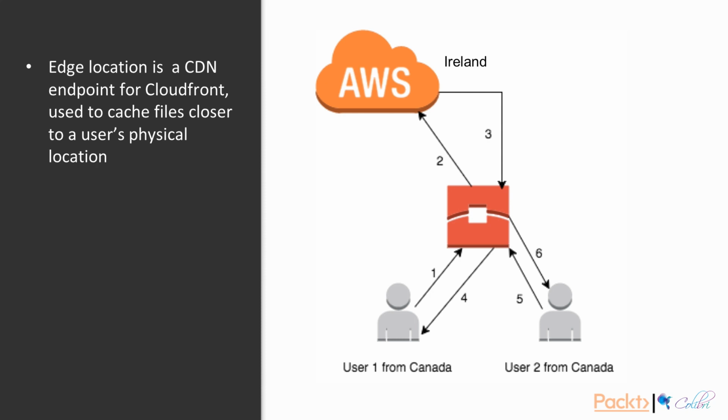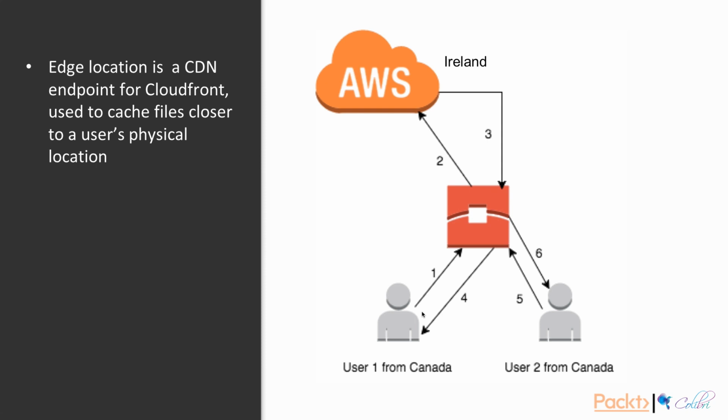The edge location is going to look at its cache and see, well, I don't have the object that the user is asking me for, so I'll have to go to Ireland and ask for this object. Because the edge location is going to make a request to Ireland, to our AWS environment there, we're going to wait a bit for our AWS environment to respond with this object to the edge location. The edge location is going to update its cache with this new object